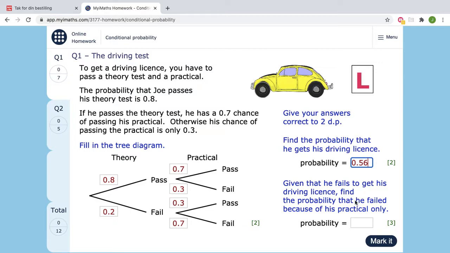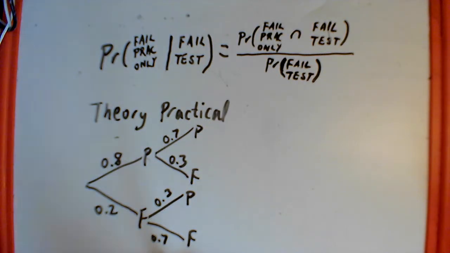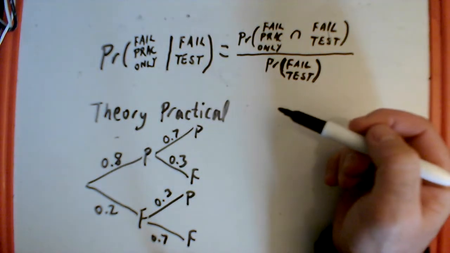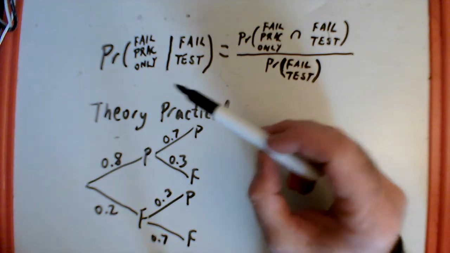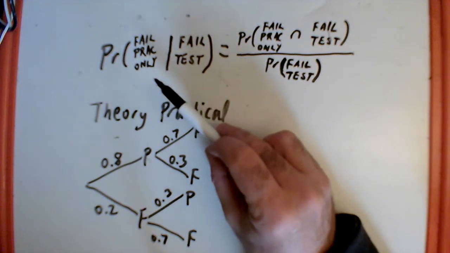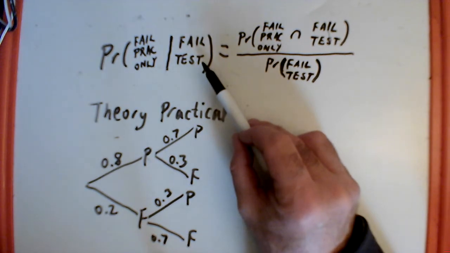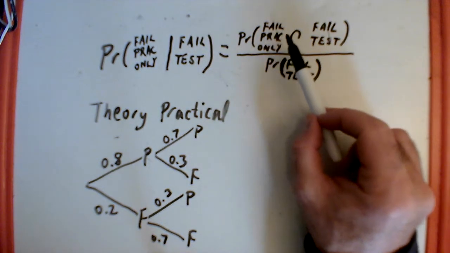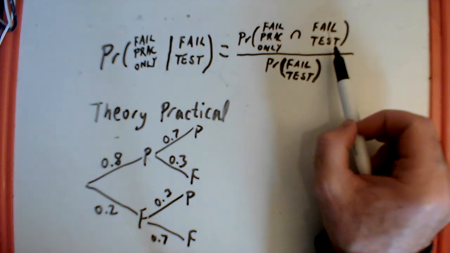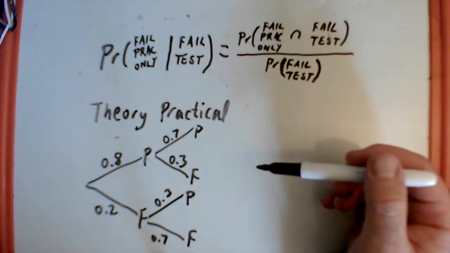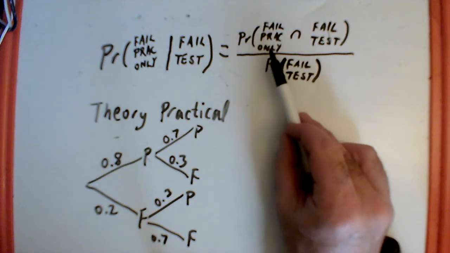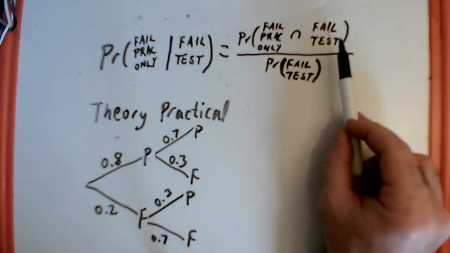Given that he fails to get his driving license, find the probability that he failed because of his practical only. Okay, so I've sketched that out, tree diagram very roughly, and I've written the conditional probability formula as it applies to this. So the probability that he fails the practical only, given that he failed the test, is the probability that he fails the practical only and also fails the test, divided by the probability that he fails the test in any way whatsoever. So the top bit of this, the probability that he fails the practical and also fails the test,